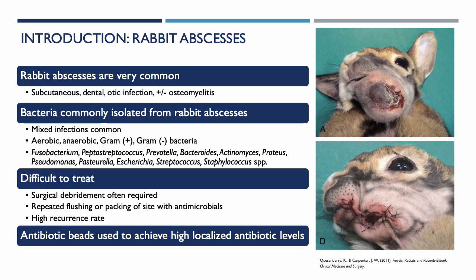I'm sure many of you in this room are aware how common abscesses are in rabbits, and they can be very frustrating cases as well. They can present subcutaneously from trauma or be associated with complicated dental or otic infections that can progress to osteomyelitis. The bacteria that have been isolated from rabbit abscesses in previous studies often involve mixed infections of aerobic, anaerobic, gram-positive,